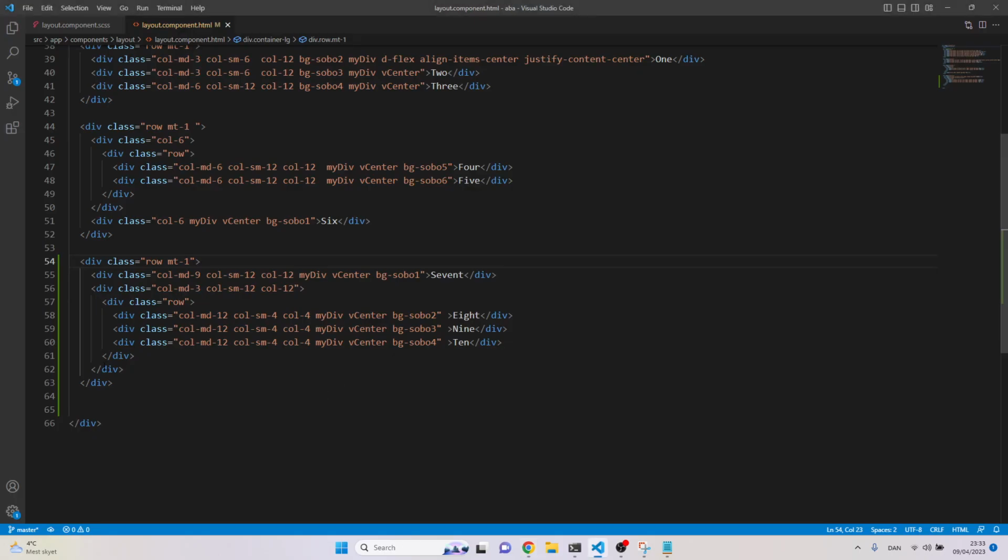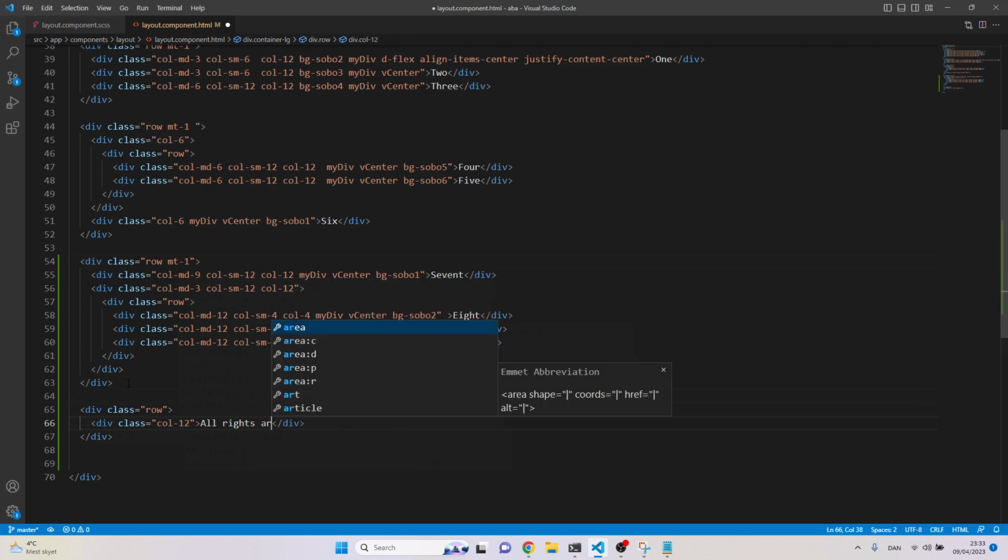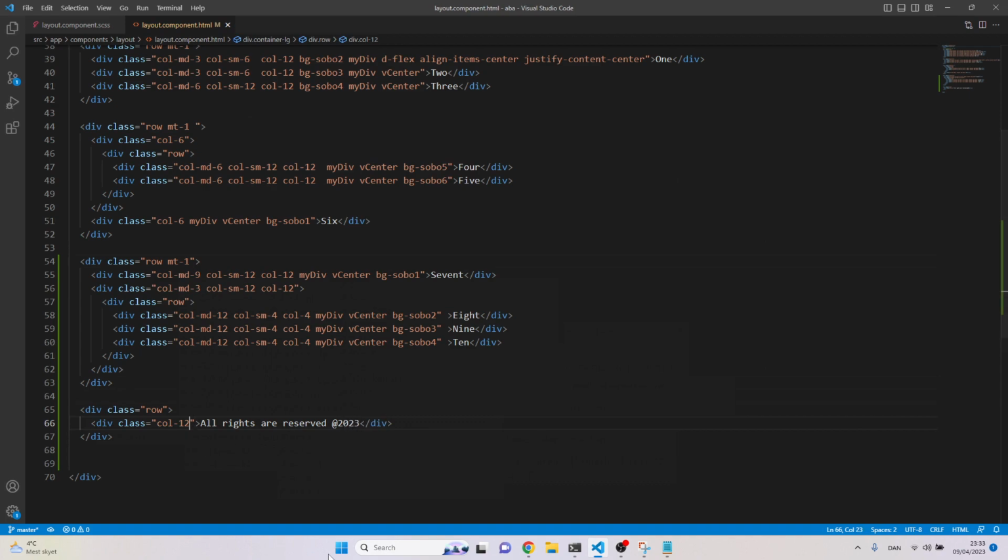Okay, let's add the bottom just for fun. Col, actually 12, and let's say all rights are reserved at the rate of 2023. Let's say background dark,